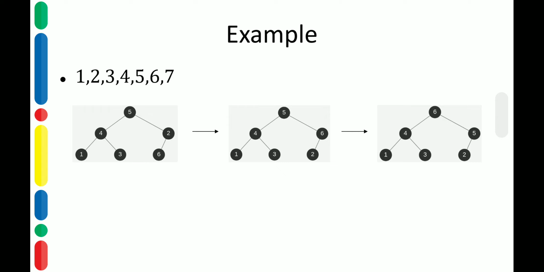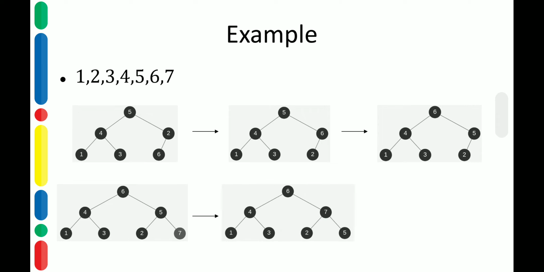Now we insert the next value 7. 7 can be inserted as the right node of 5. As you can see here in the last one in the bottom row, 7 is now inserted as the child of 5. We check for parental dominance. Parental dominance is violated, so exchange 7 with 5. We get this graph. Compare 7 with its parent. Again, the parental dominance is violated. Exchange 7 with 6. We get this graph and we have reached the root node, so we stop here. The last graph is the heap that results from inserting elements from the input list.